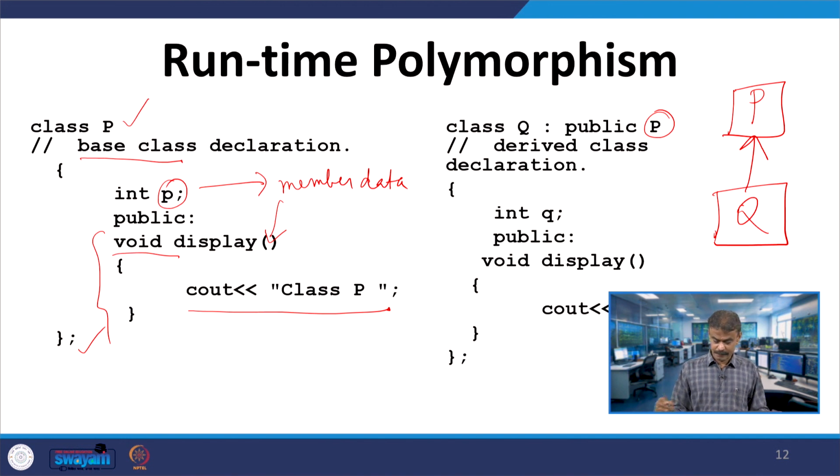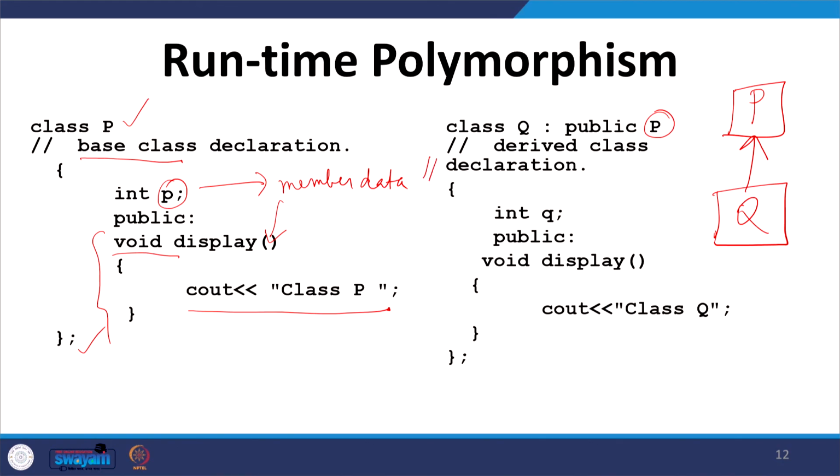So, this is also a common statement, the derived class declaration, which is in fact a single line. So, it is a common statement. Now if you look, you have another member data in class Q. Another meaning is that in the base class you have one member data. So, this is the member data for class capital Q.